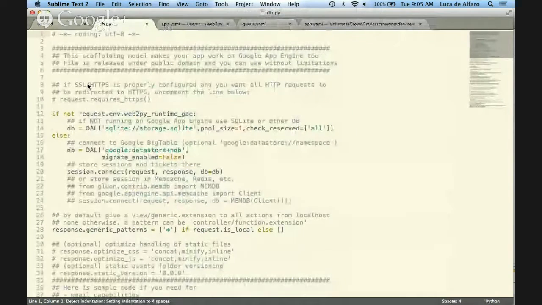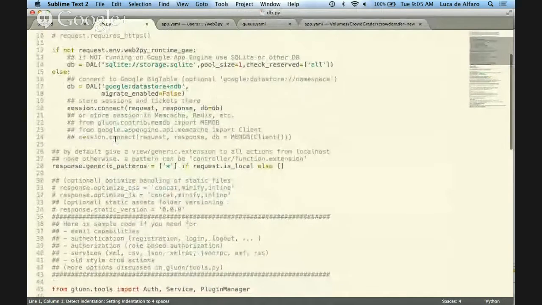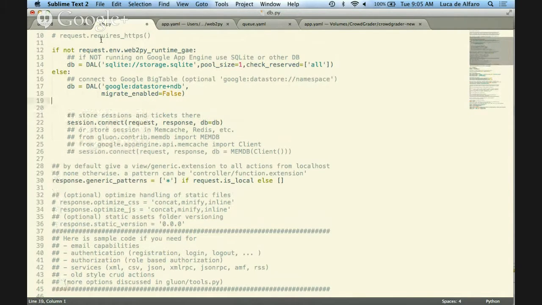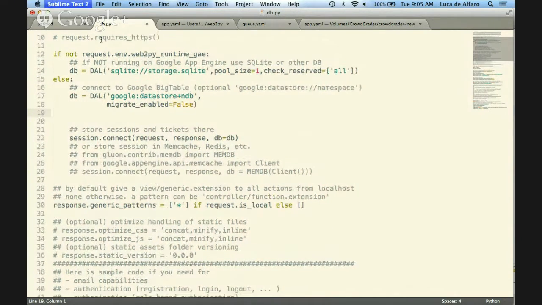So this is always the file that contains some of the basic definitions. Okay, these two lines on top are the main definition of how to connect to the database.